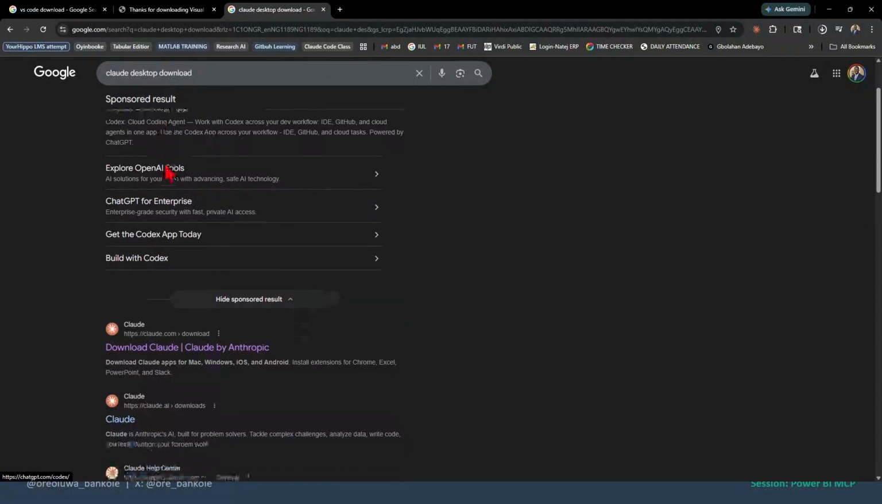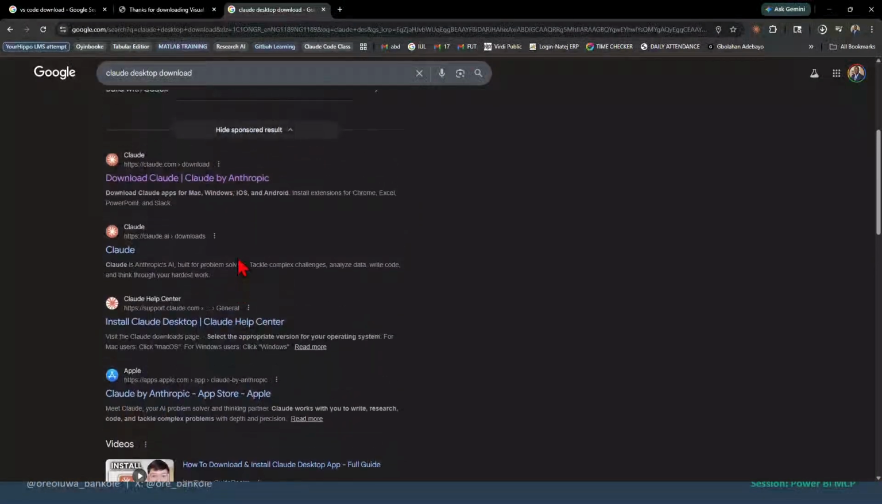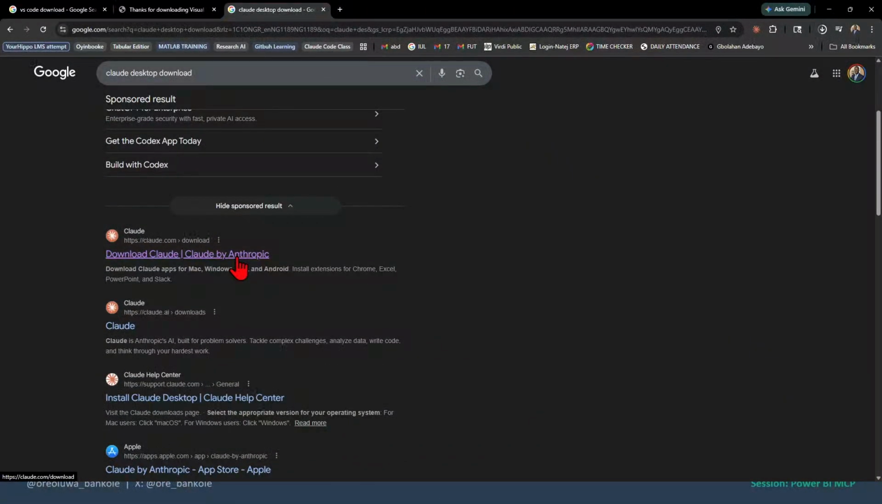So you're just coming down and you can see Claude here. You can see Download Claude by Anthropic. There are a lot of others, so the one that you have to pick is Download Claude by Anthropic. You will see the Claude logo and you see claude.com/download. Once you click on that,